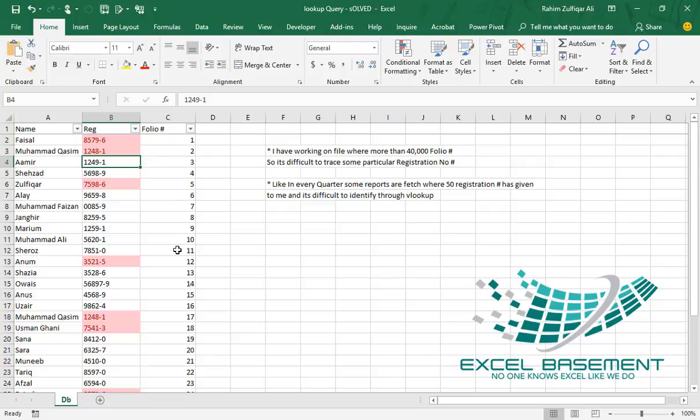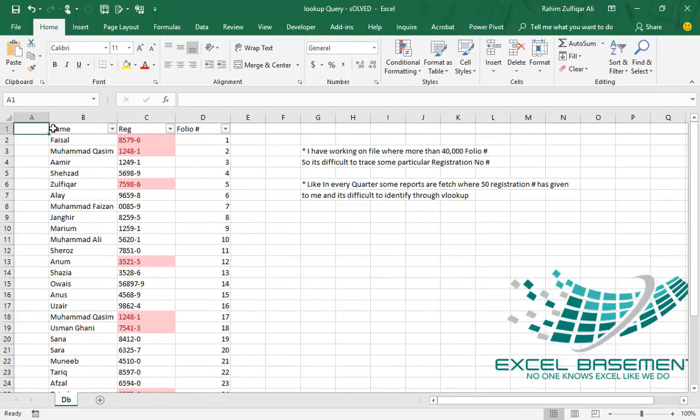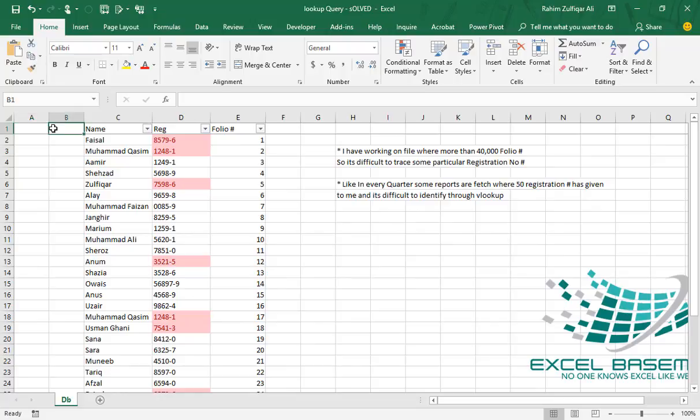Let me explain it to you. Whenever we have a duplicate case and we want to fetch the data with VLOOKUP, we have to do some particular calculations in the Excel sheet so that we can extract the results of the duplicate values as well. So let's get started. In the database we will insert two columns. First, the column title is COUNTIF. You can rename this or use any name which you want.